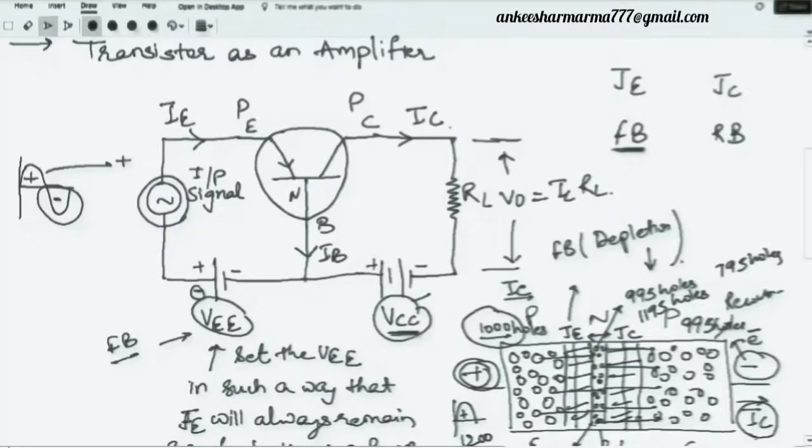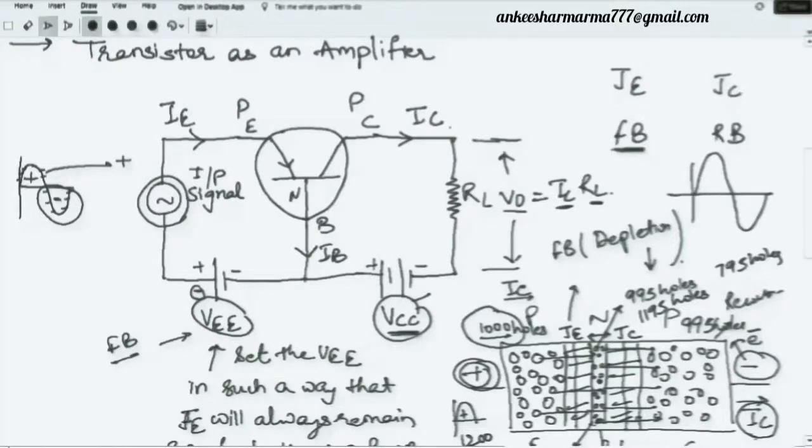So can I say for the positive half cycle, we will get an output which is proportional to the amplitude of my voltages in the positive half cycle and in the negative half cycle. And look here, I'm just writing here, it is proportional. I'm drawing this diagram. I have shown it slightly amplified, but why, I will explain that amplification process. But right now I'm just saying that whatever I'm getting in the output is nothing but the product of the collector current and the load resistance.